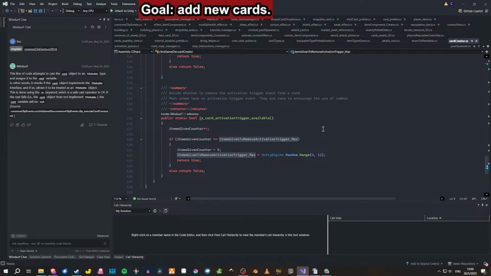So what? Decide whether to remove the activation trigger event from a card. Most items have no activation trigger event. They are rare to encourage the use of combos. Or yes. Items given. So return true. Is card activation trigger available? Alright, so